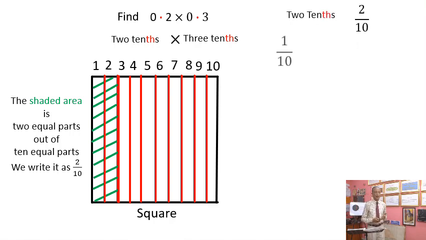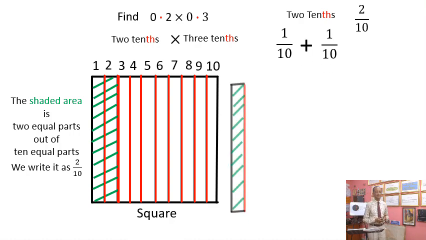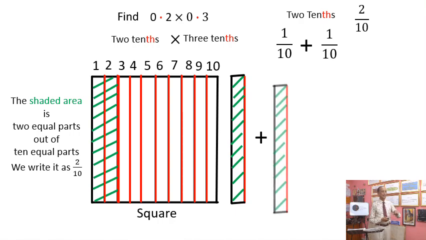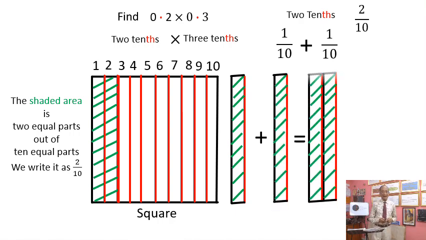Can you see 1 by 10 in the figure? So this is 1 by 10, correct? This rectangular strip, a smaller one. And this is another rectangular strip. So these two put together, if we add together, definitely this represents 2 tenths geometrically. So we have understood how to represent 0.2 geometrically.